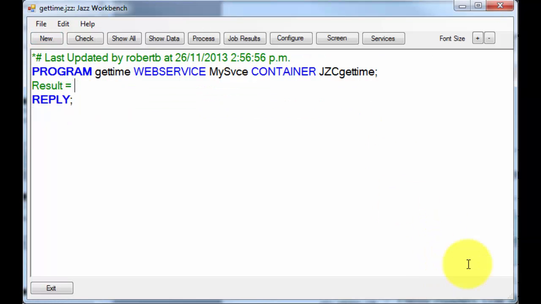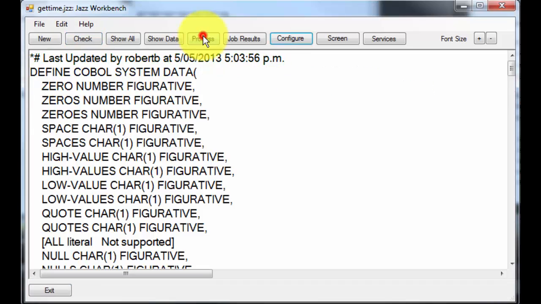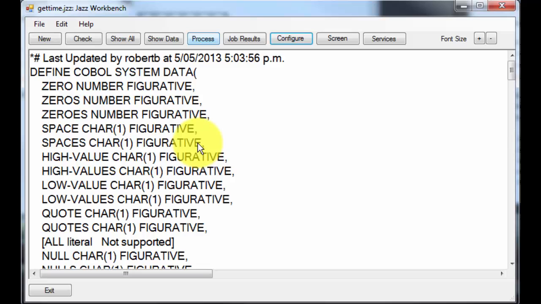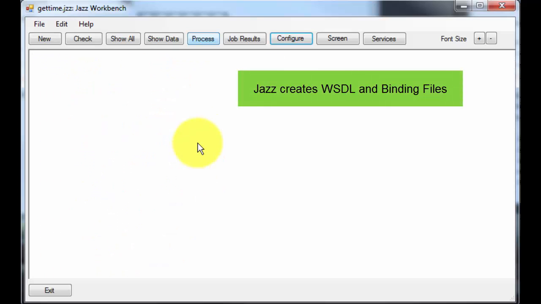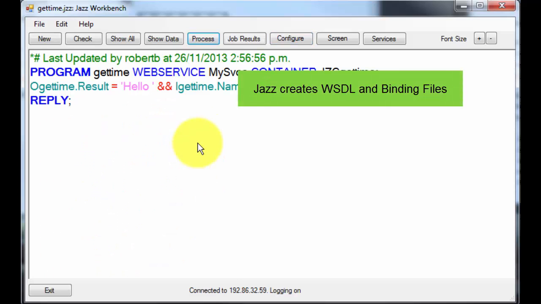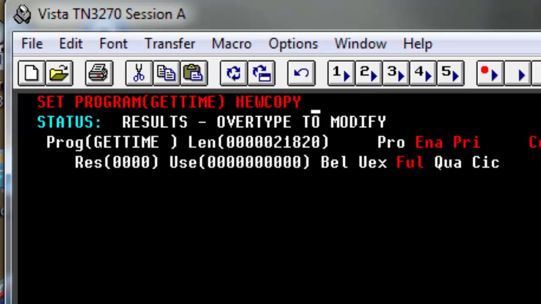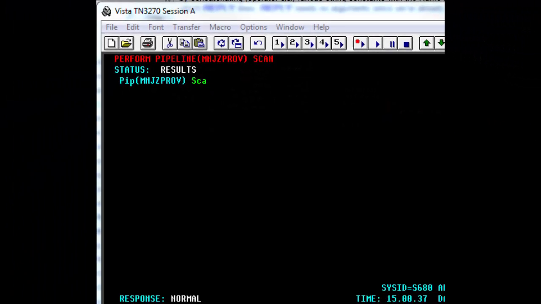We replace the comments with our actual logic. It only takes one line. We're done. Click Process, and Jazz takes over. It creates the WSDL and binding files so that external programs can access the web service. It creates COBOL and submits it to compile. We only need to tell Kix that this program exists and do a pipeline scan, and we're ready to run